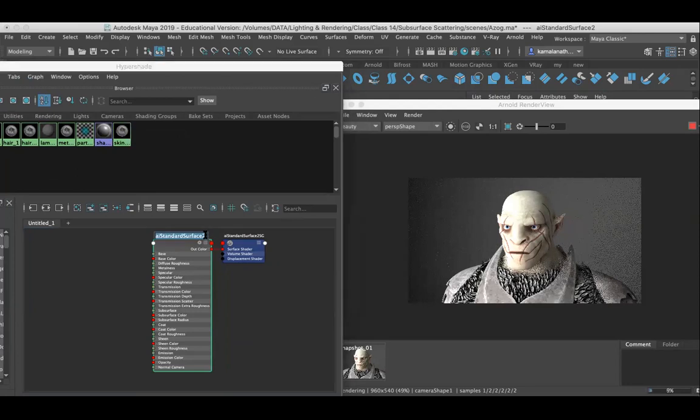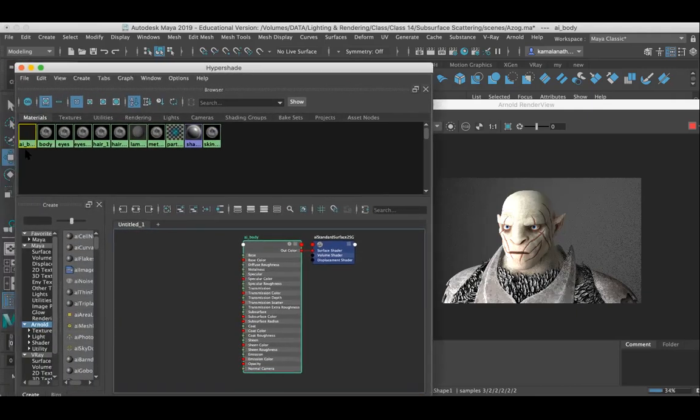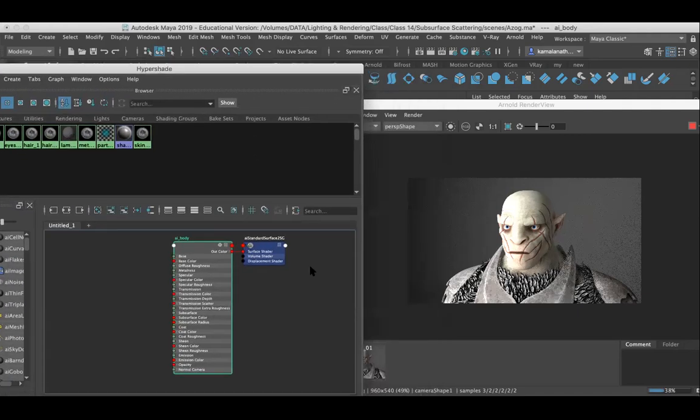I'll name it AI body texture. Now I'm going to assign this material to the body part.